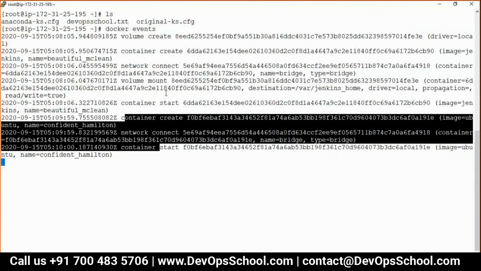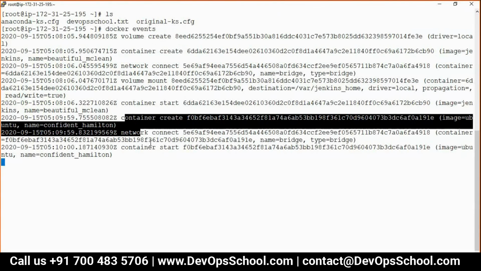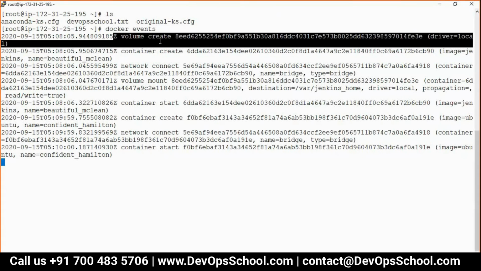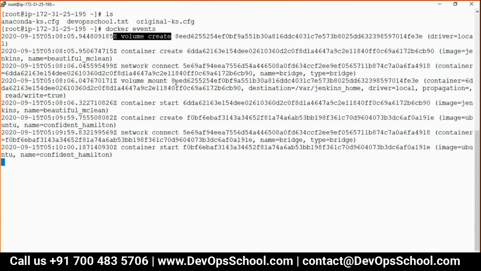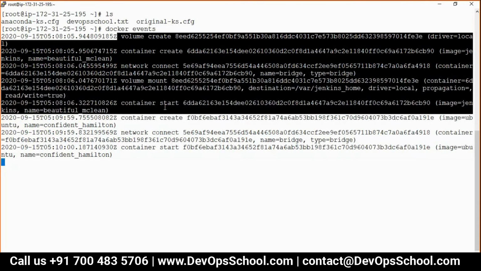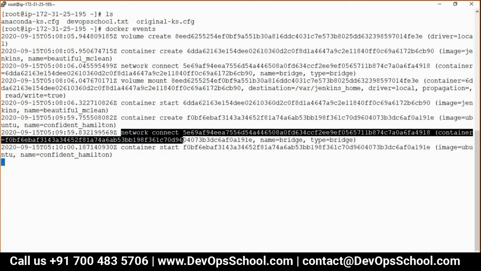Now you must be wondering how come the volume got created there, not here, right? That answer is hidden in the image itself, the Docker image of Jenkins. Ubuntu is not creating any volume, but Jenkins is creating volumes. When I cover the volume topic, it's easy, you will understand. So see here, container create, network start.